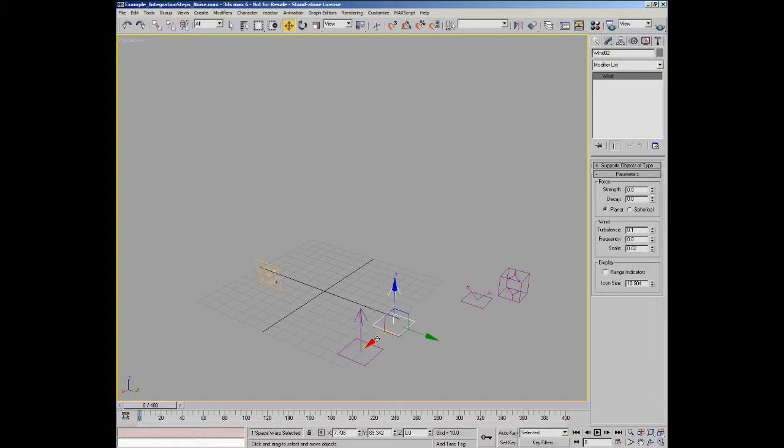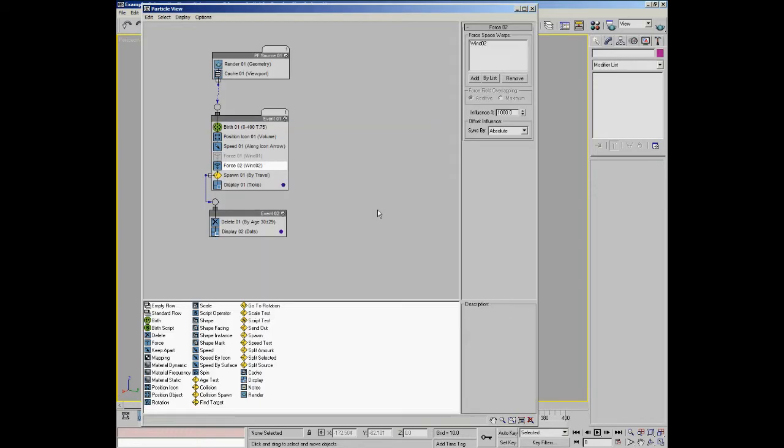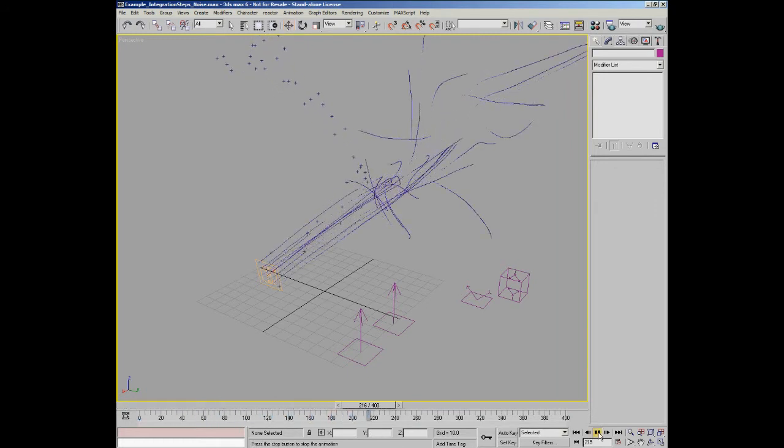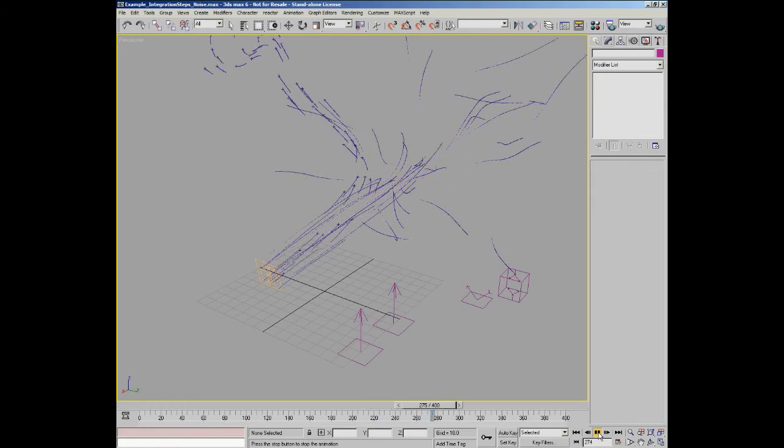So let's have a look what happens when we implement the first force, the first wind with the large curves, and we'll see how that actually plays back in the viewport. So I'm just going to turn off this force and turn on the first one, go into the viewport and press play and see what happens. So there you go, you can see the particles are flying off through space, and you can see